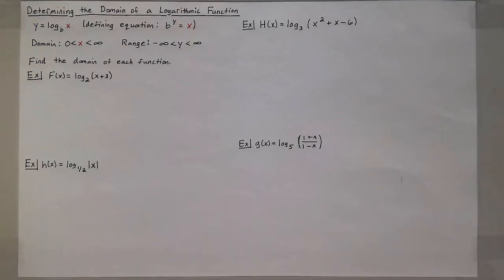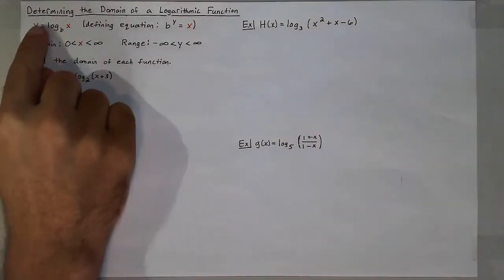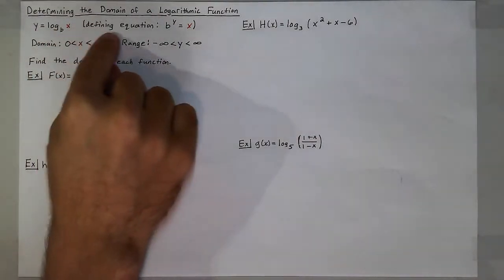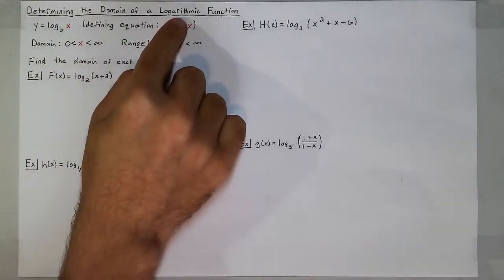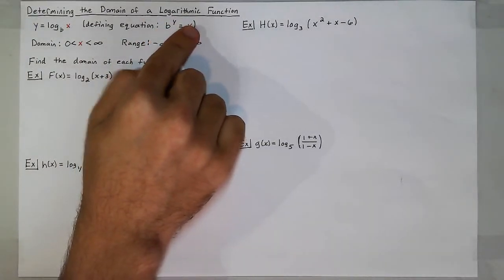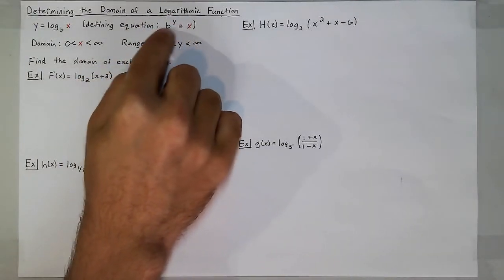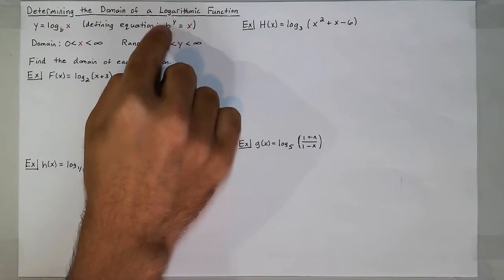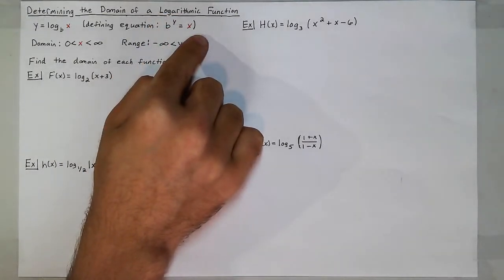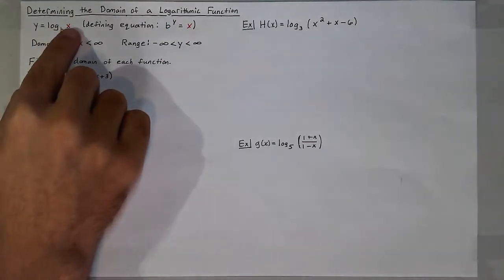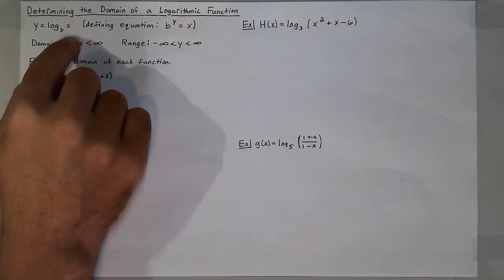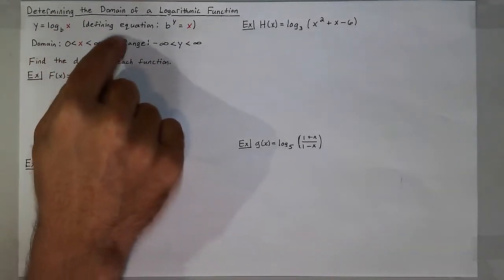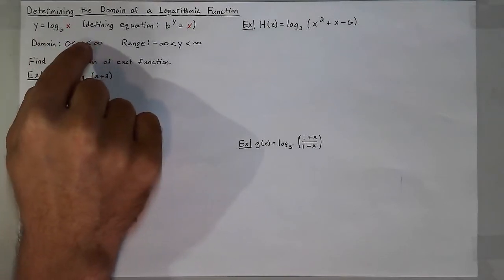In this video, we're going to learn how to determine the domain of a logarithmic function. Now, y is equal to log base b of x. Its defining equation is b to the y power is equal to x. So since this exponential b to the y expression can only produce positive numbers, it makes sense that x needs to be a positive number, affecting the domain of a logarithmic function to only be numbers x that are greater